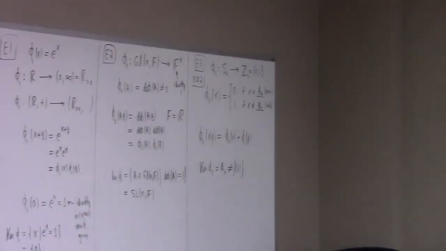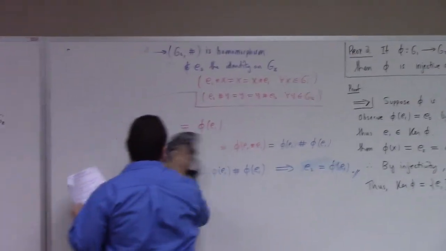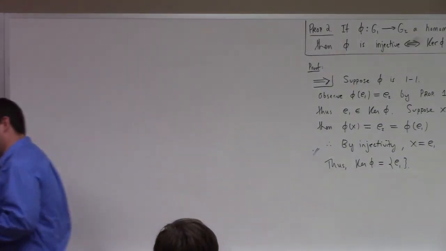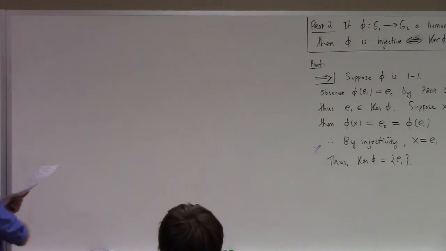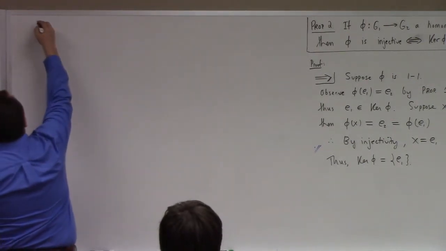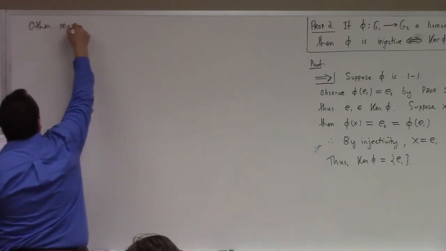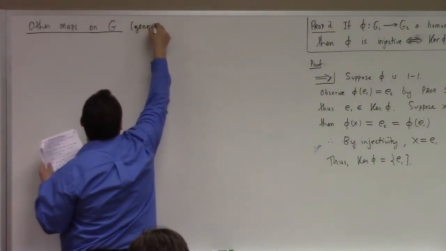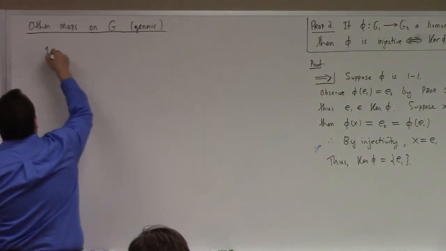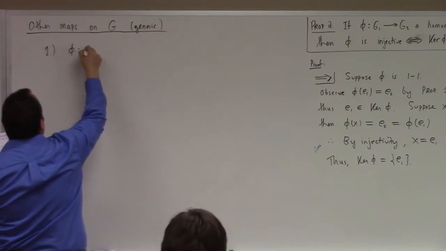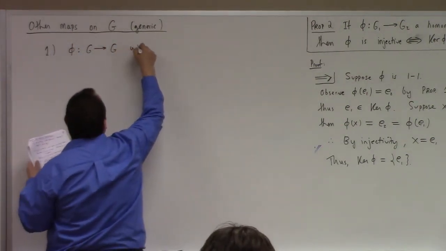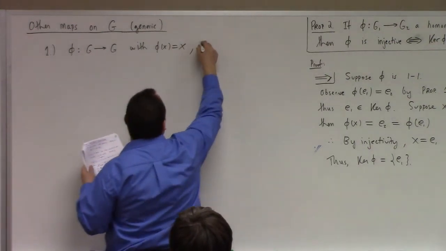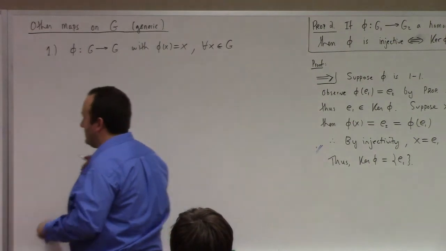Okay, so there's a couple other maps on a generic G. One thing I would point out to you is if we say phi is a mapping from G to G, with phi of x equals x for all x in G, then